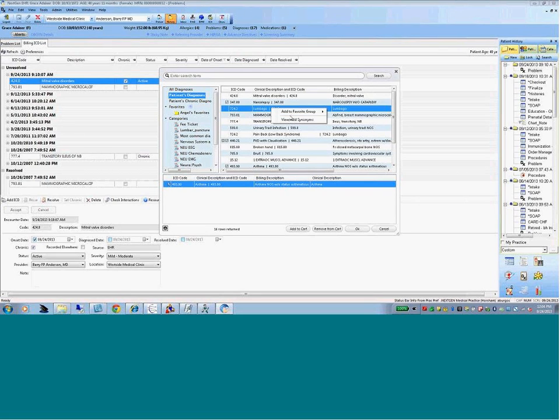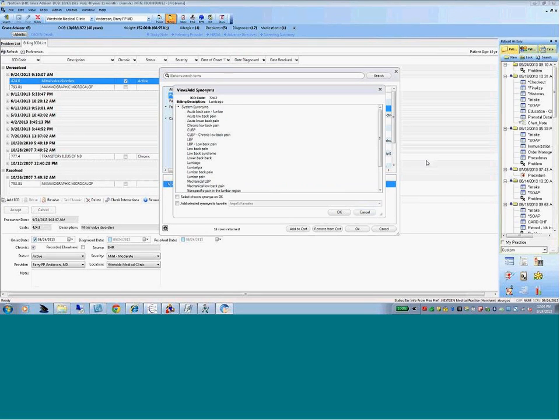Since we started talking about the right click, you can add synonyms. Here's all the values for lumbago. All right. So all of these values show the same exact diagnosis code. These are all synonyms that have been given to us based upon